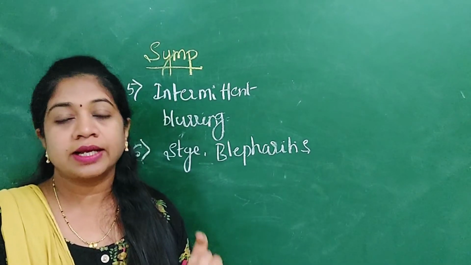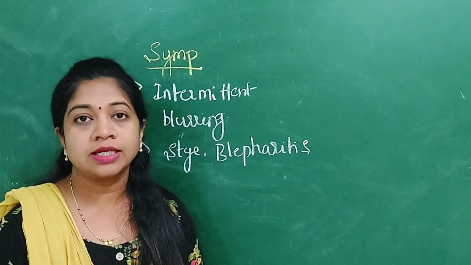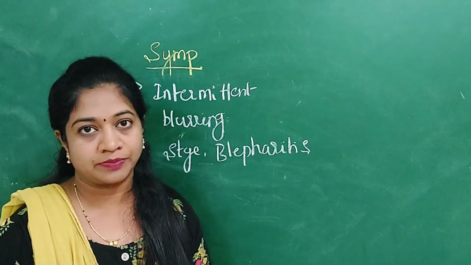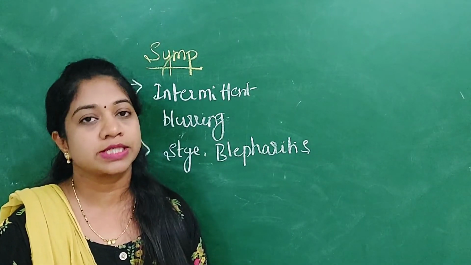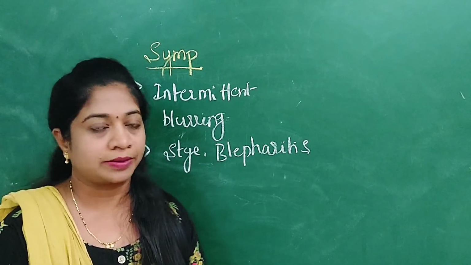These patients can have even intermittent blurring of vision. Because of spasm of accommodation, there can be pseudomyopia and the distant vision can become blurred for some time. And that can be unmasked again by using cycloplegic drugs, where you will actually find the hypermetropic refractive error.